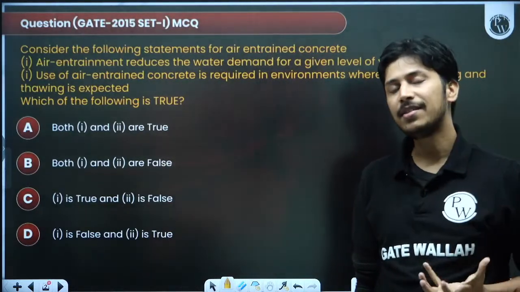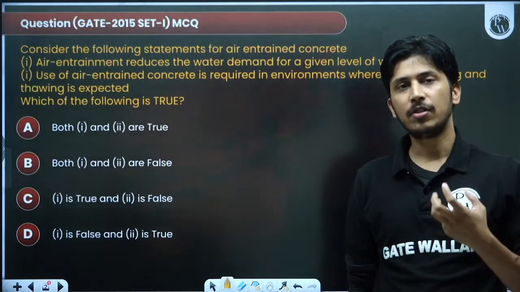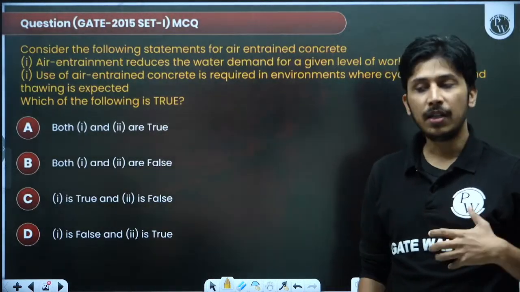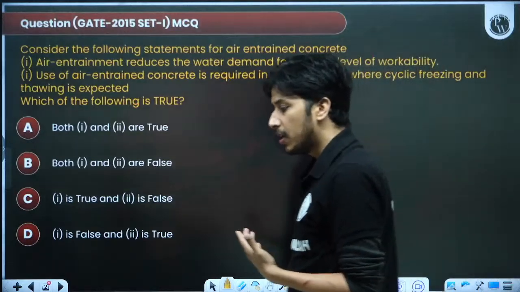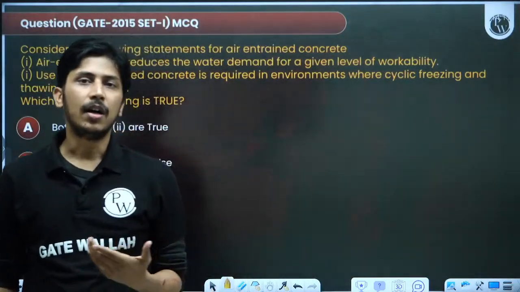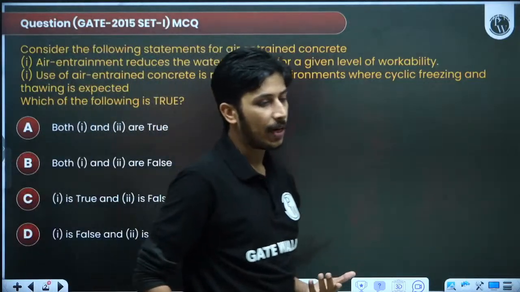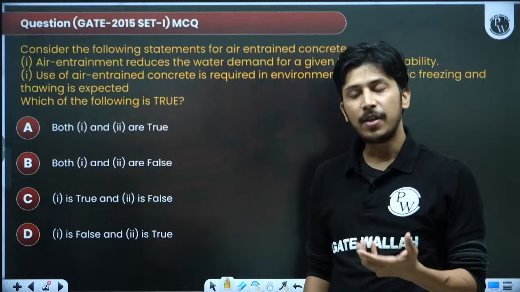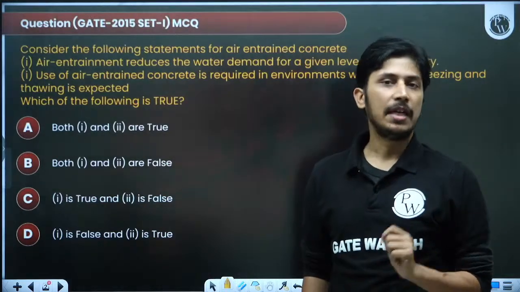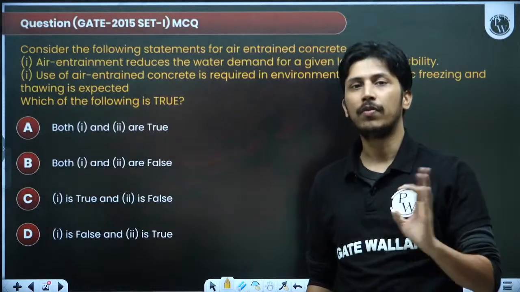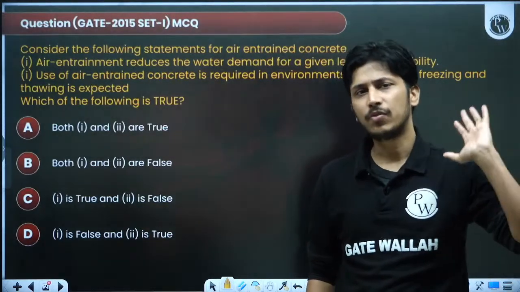But when GATE started asking these types of theoretical questions, the ranks drastically reduced. Then the aspirants of 4th year, 3rd year were not able to get single digit or double digit ranks. Mostly the 3rd year and 4th year aspirants were getting ranks of 1000, 1200, 1500. So what happens? Only by solving the numericals, now you cannot get a good rank in the GATE exam. This is the first learning from the last 10 to 12 years. Before that, only numericals were enough.